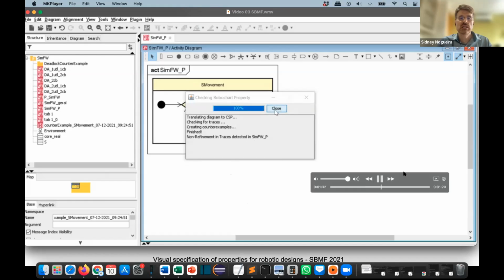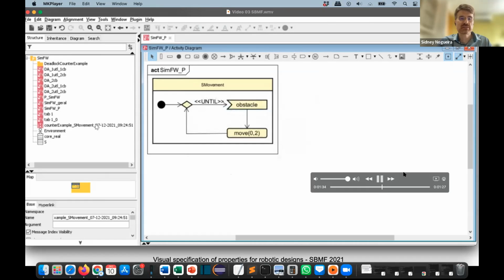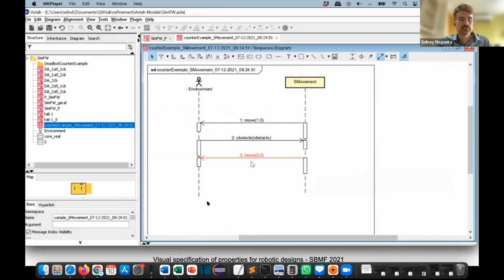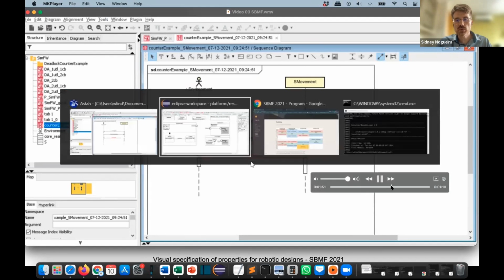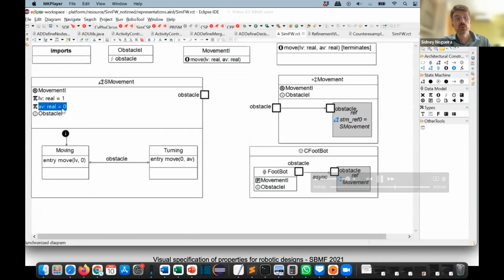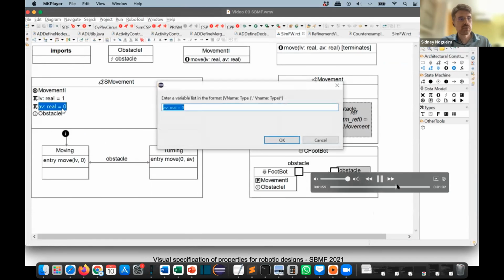FDR says this property doesn't hold, and we have a counterexample, and the plugin generated a sequence diagram to show the counterexample here. So you see what the problem of the model is. After you see the problem, we can switch to the model again, and the problem is with the constant value that is 0. It must be 2 in order for the property to hold.